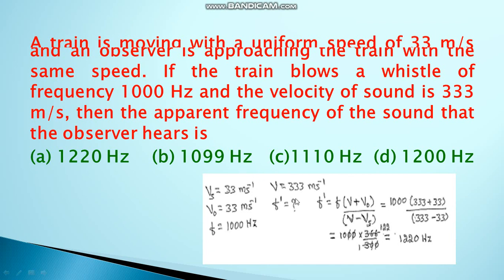Again the formula, but here f dash is equal to f into v plus v0 divided by v minus vs. Why does it become plus here? Because he is approaching the source. Substitute: 1000 into 333 plus 33 over 333 minus 33. Simplifying,